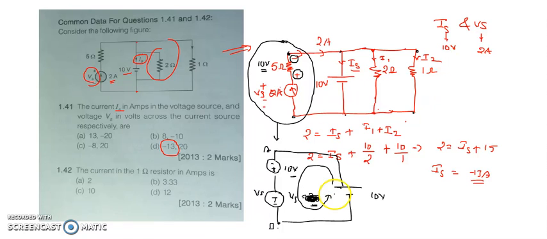just follow this direction. Okay, so here this arrow mark is entering the negative of the 10 volts, right? So I'm taking minus 10, and this arrow mark comes like this and enters the negative of this 10 volts. So I will take it like this, minus 10 volts, and again this arrow mark is entering the positive terminal of the Vs. So that's why I'm taking plus Vs is equal to 0. It is nothing but KVL. Okay, so the algebraic sum of the voltage drops across the loop must be equal to 0. So from this I will get Vs is equal to 20 volts.